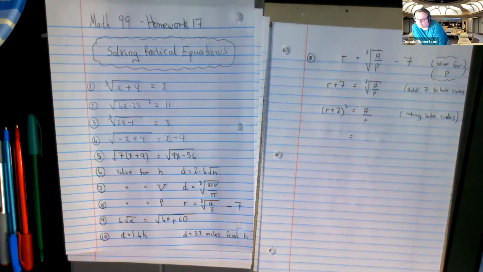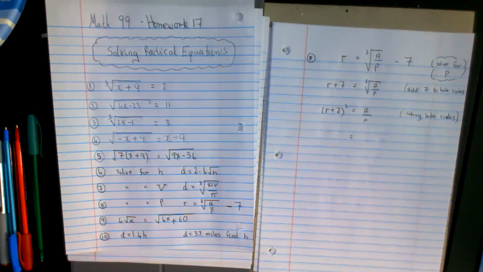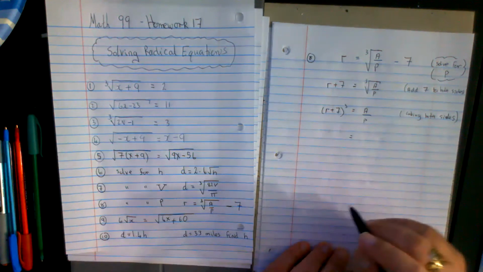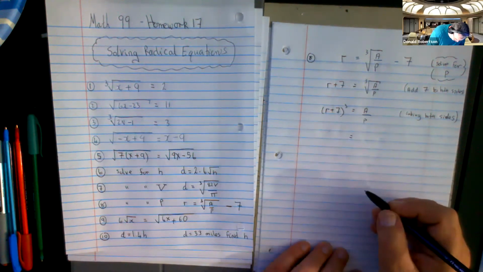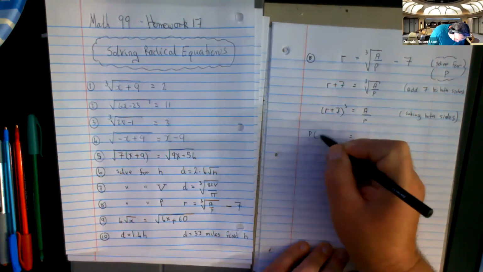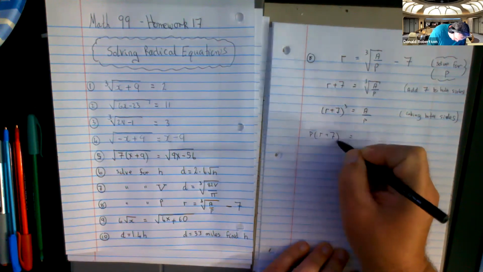Remember what Alyssa did with the fraction in the denominator? Well, I was going to say multiply by P and then move everything onto the other side after you do that. Okay. Well, let's do that because that sounds like a good plan. If you multiply both sides by P,